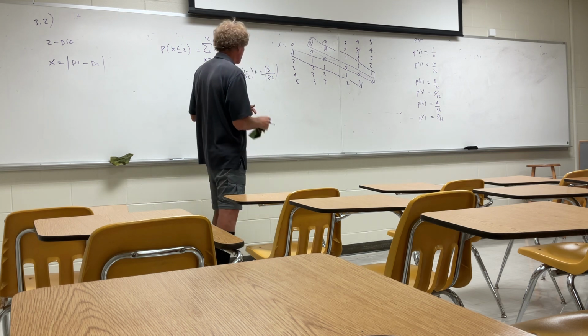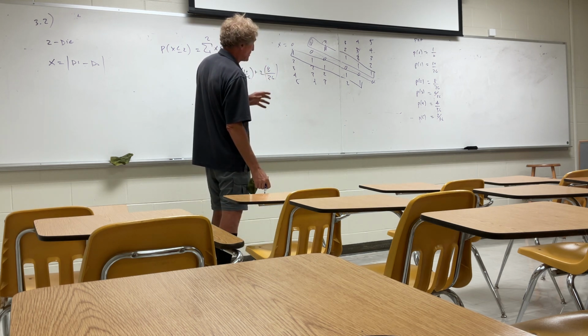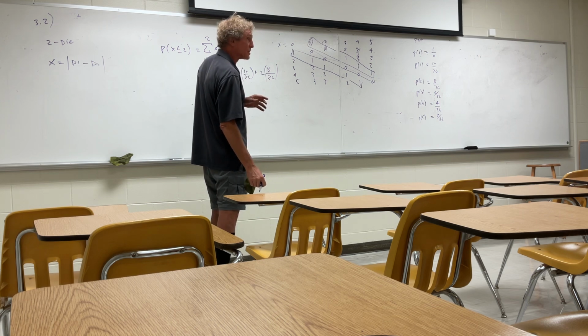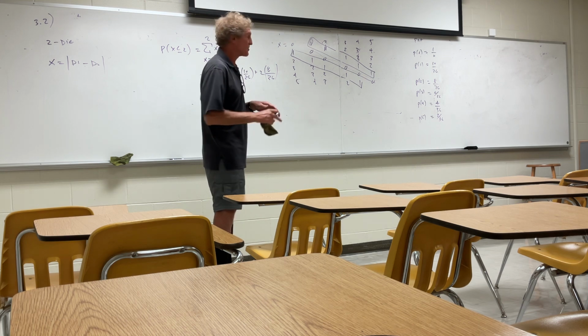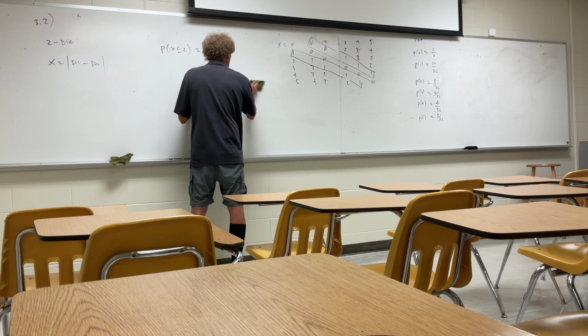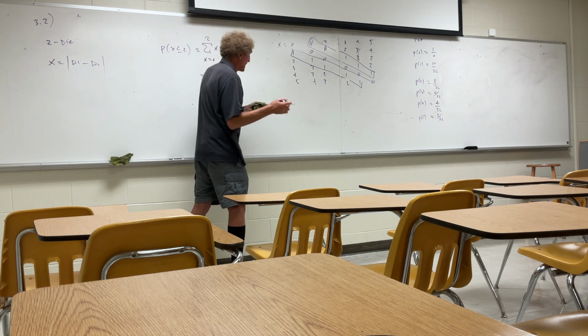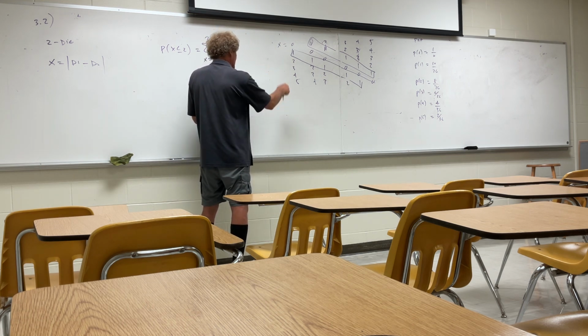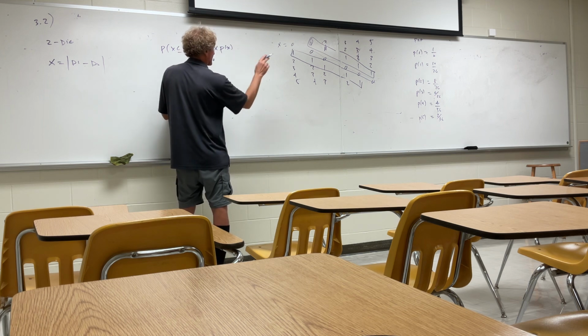Okay, maybe I did something wrong here. Probability that X is less than or equal to 2. Oh, I'm sorry. You know what I did? I'm doing the mean value. That's on me. You already have the probabilities. I've got the probability mass function, and it's just summing that. This is a mistake on my part.